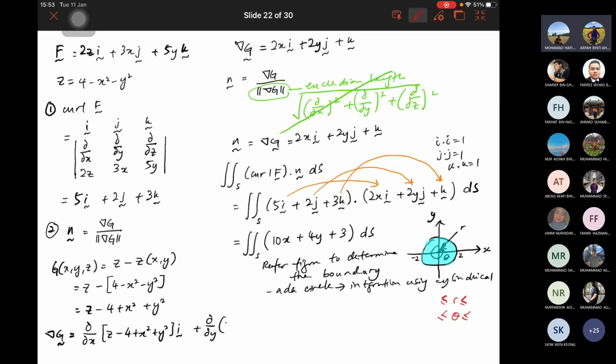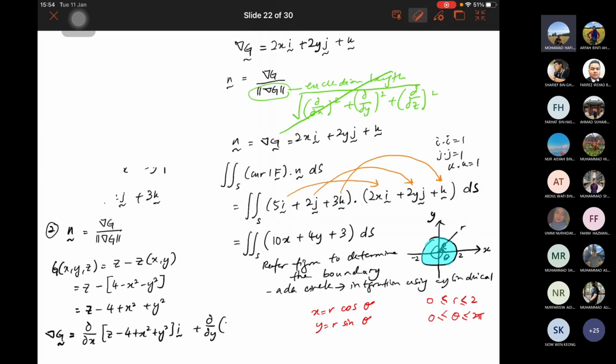R berapa ke berapa? 0 sampai 2. Betul. Theta 0 sampai 2 pi, because it takes the whole bulatan. And then dia punya transformation, x equal to r cos theta and y equal to r sin theta. Okay, so settlekan dia punya